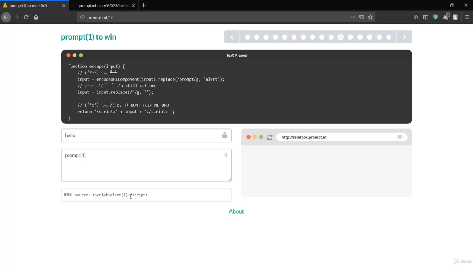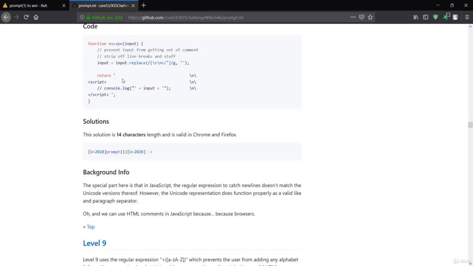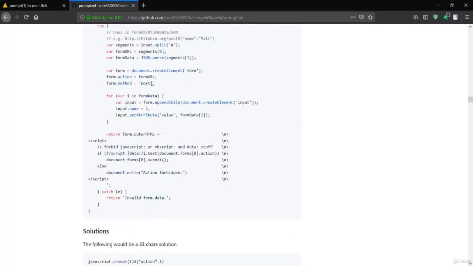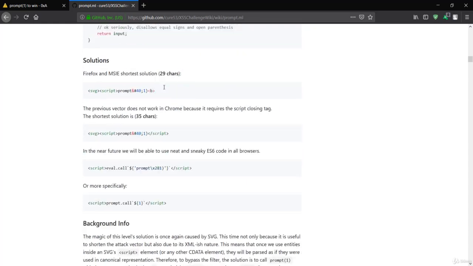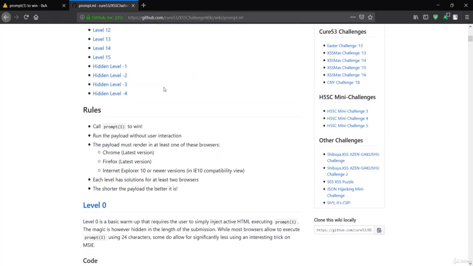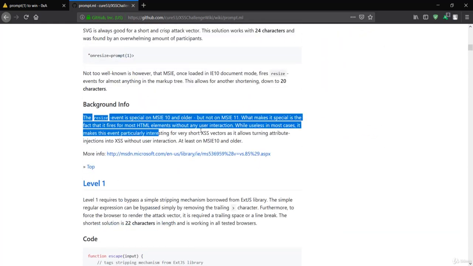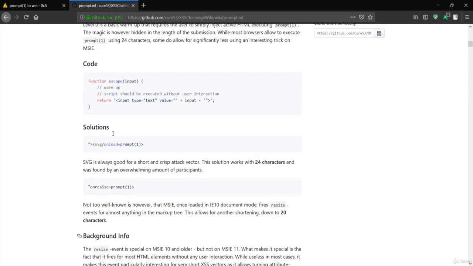We'll work with the other challenges in the upcoming lecture, but you can also go through this link, which is the GitHub link over here. You'll get access to this link in the resource section. You can check this out and get the description and everything about the XSS vector.